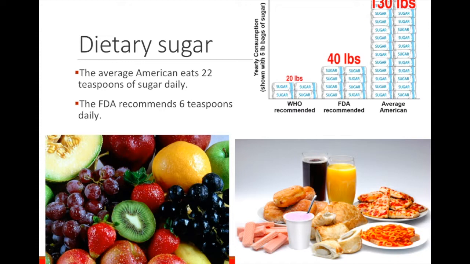When man was a hunter-gatherer, they ate sugar in the form of fruits and vegetables for thousands of years without any issues of obesity. It wasn't until after World War II, when we started packaging foods for troops, and then for the general public, that obesity became an epidemic. Now, most Americans eat more of the highly processed sugars on the right and much less of the natural sugars on the left.